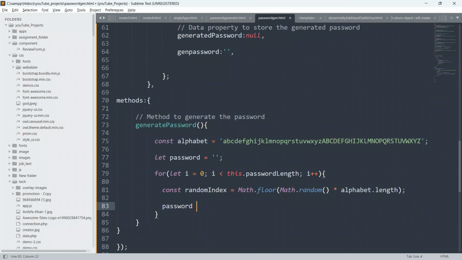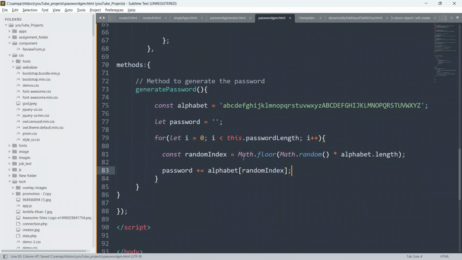I will say plus equal to, so here we are adding to this password. I'll say alphabet, give square brackets, and paste this randomIndex, and close this.